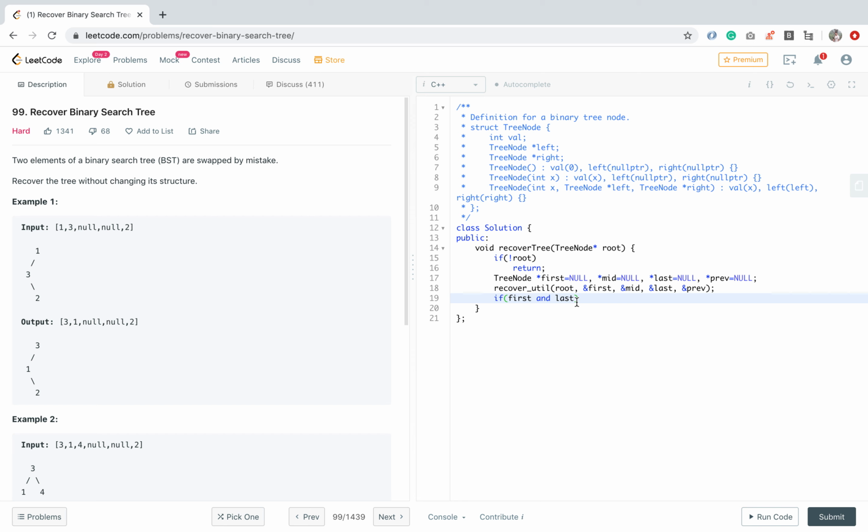If this is the case, we have to swap, so we can swap the first value and the last value.